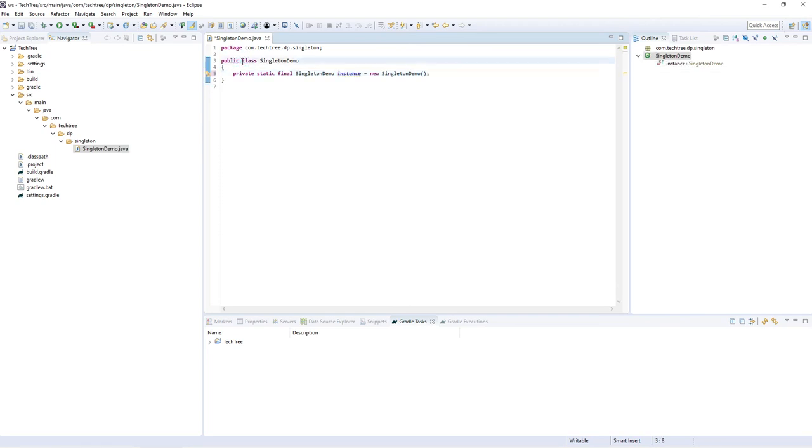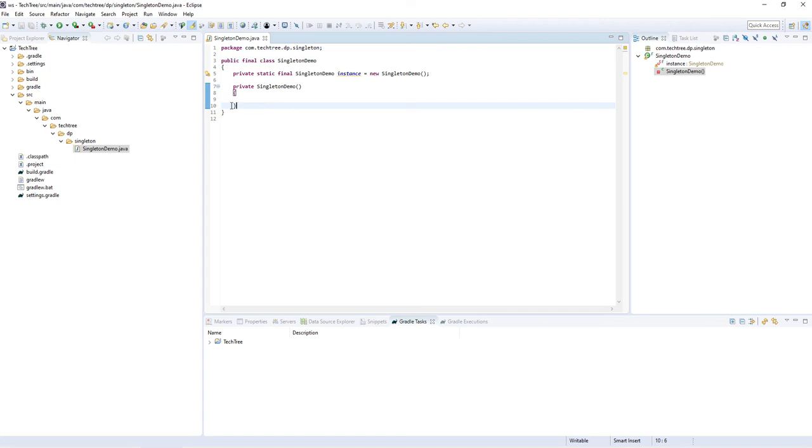Let's make this class final so that nobody can extend this class, and definitely a private constructor. Why a private constructor? Because we are restricting that this is a singleton and nobody can create an instance of this class by the new operator from outside this class.